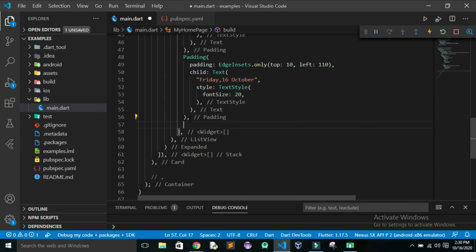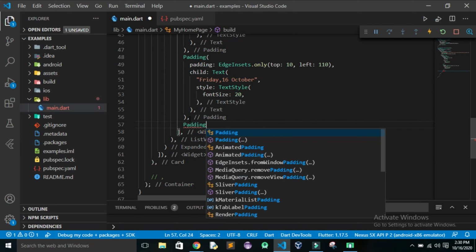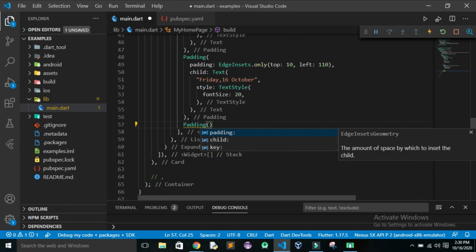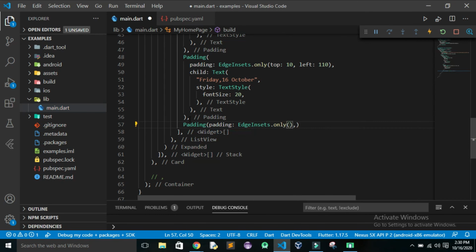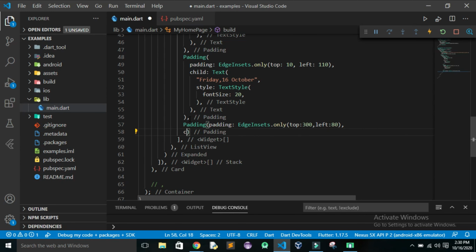So once again go to the padding section, and here I'll give a padding of about 300. EdgeInsets.only, from top I'll use 300, and from left I'll use maybe 80. And then when we go to the child,